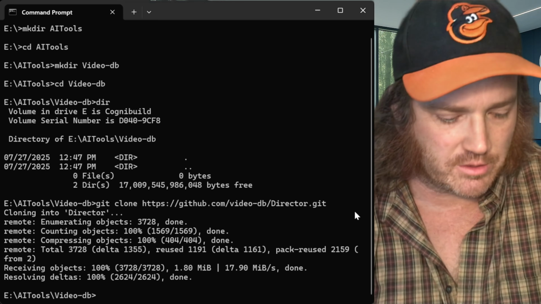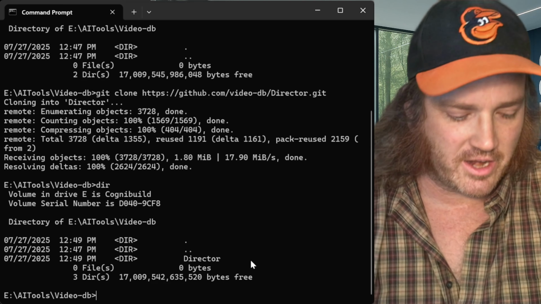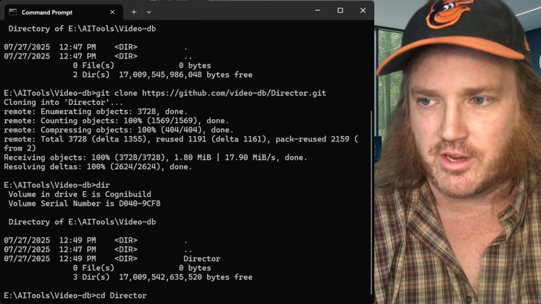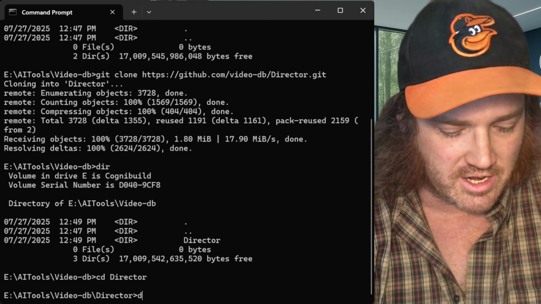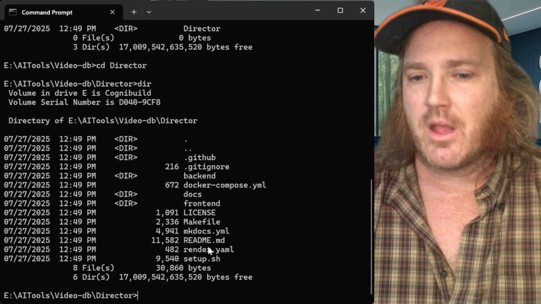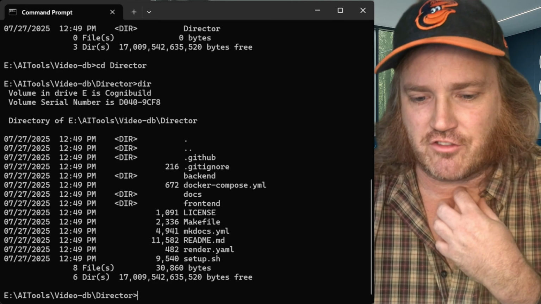So it clones it in, it goes bang, like this, all the files come down. Now, if you watch, if I type dir, you're going to see there's a folder called director. Okay, and now if I type cd director, which means change directory, I'm going to go into that directory. Now, if I type dir, you're going to see all of the files that we made. In fact, there's our setup.sh that we were looking at,